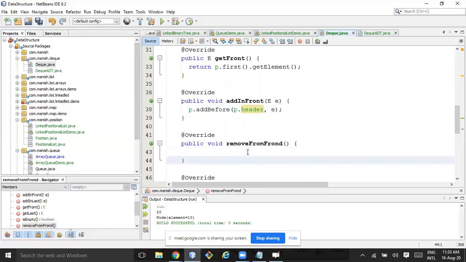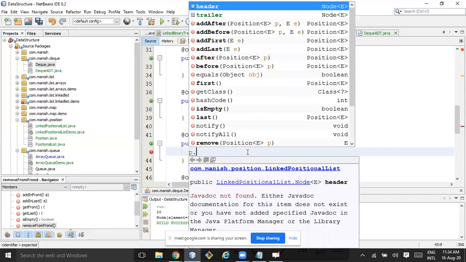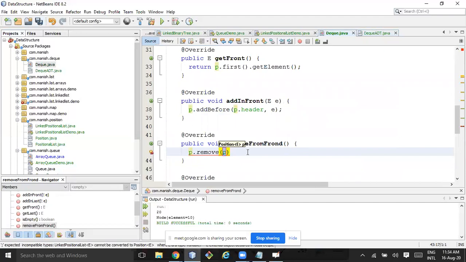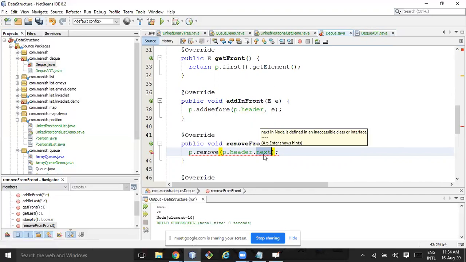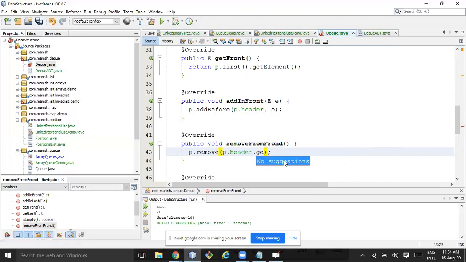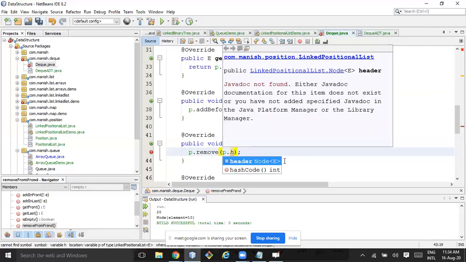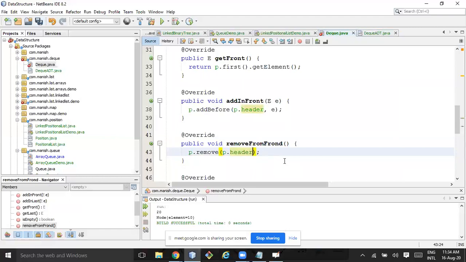Remove from front. Right, remove from front: p dot header dot. Is there any other method?